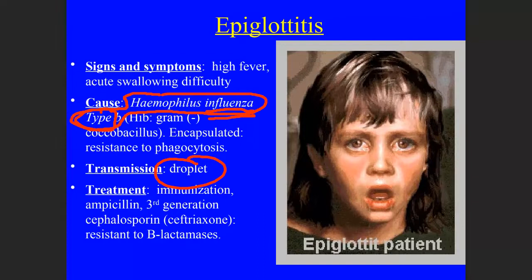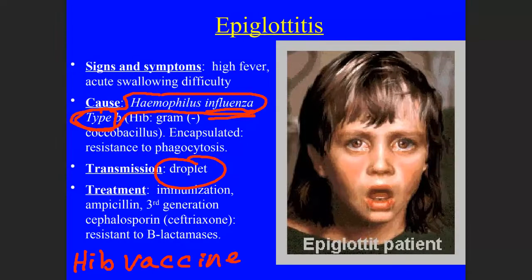So the thing is that we don't really see a lot of cases of epiglottitis anymore, because most kids within the first months after they're born are vaccinated against this using what's called the Hib vaccine. It's one of the first vaccines that babies get. Now, this Hib vaccine not only prevents epiglottitis, it also prevents children from getting another very serious disease that this bacteria can cause.